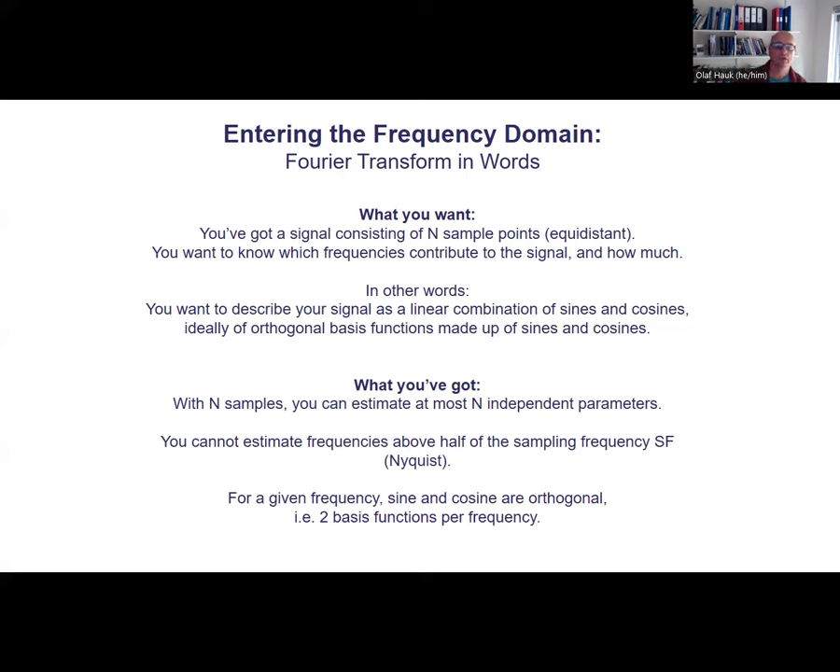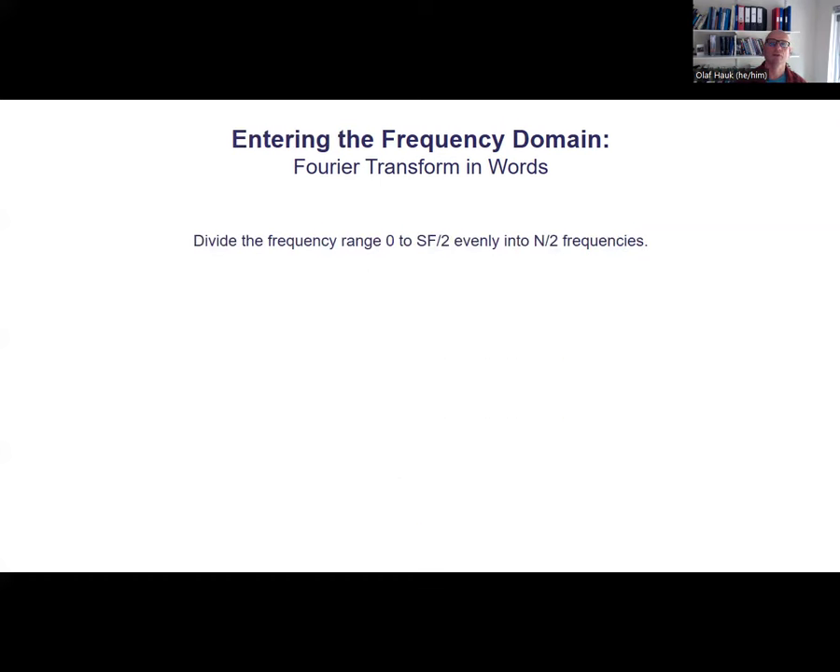And we also know that for any given frequency, we actually have to sacrifice 2 degrees of freedom. So we have a sine and a cosine that are orthogonal to each other and therefore provide independent information. That means we actually have 2 basis functions per frequency. So now we can use that in order to apply the Fourier transform. With all this knowledge that we've just accumulated over the last few slides, we can